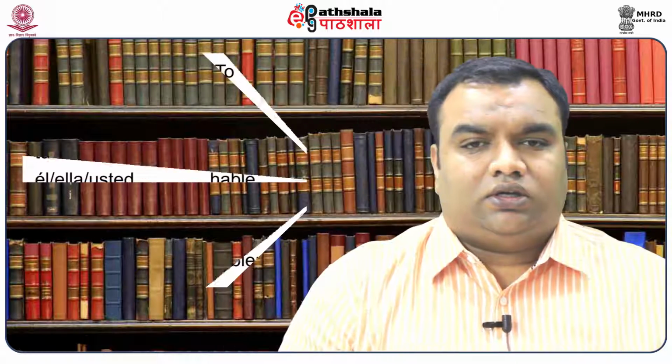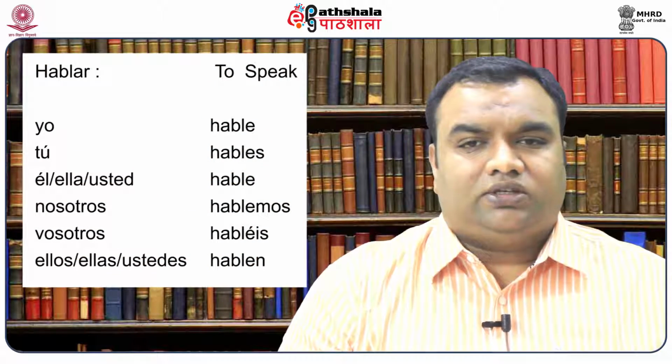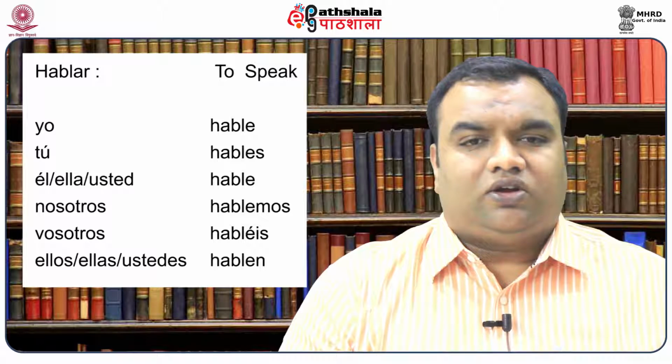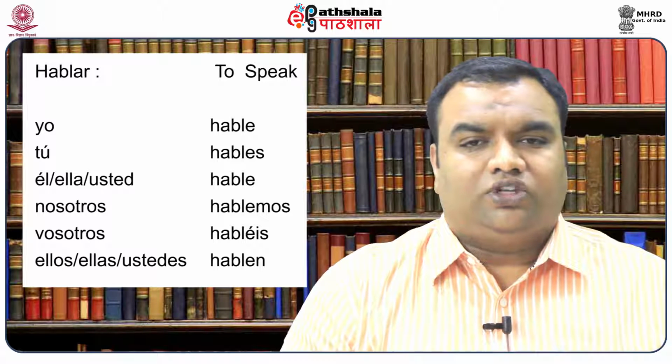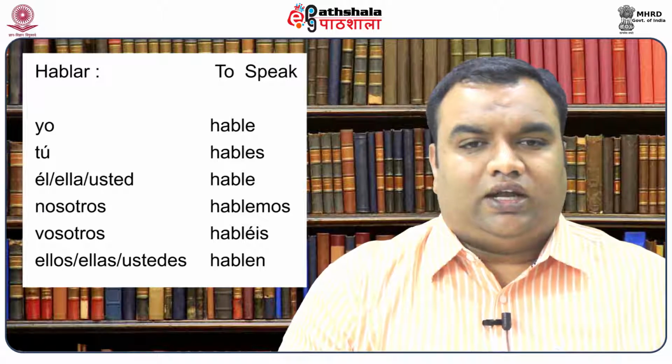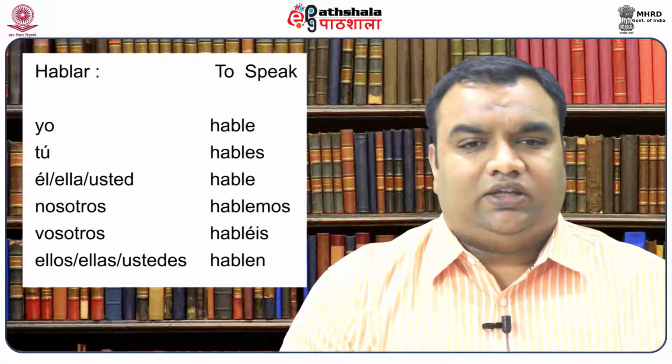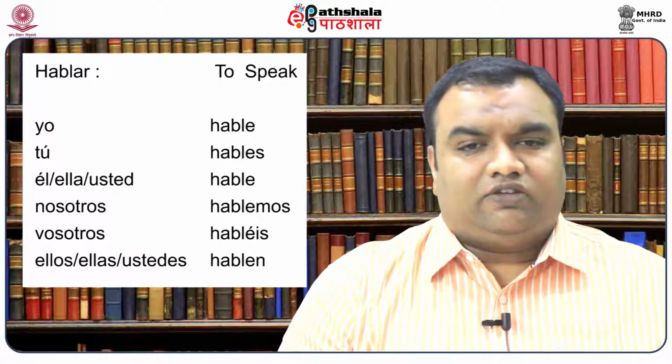Subjunctive for AR ending verbs. Let's take the example of the verb hablar, to speak. So, in step 1, we take the yo form of the verb hablar, that is hablo. In step 2, we take off the final O of the yo form, and in step 3, for AR verbs,